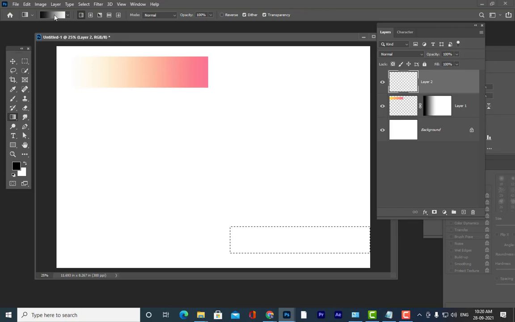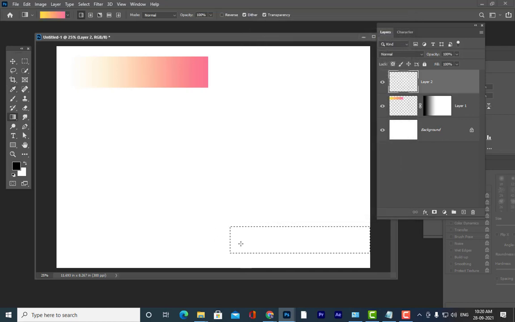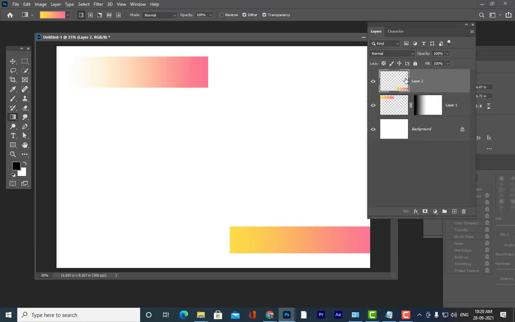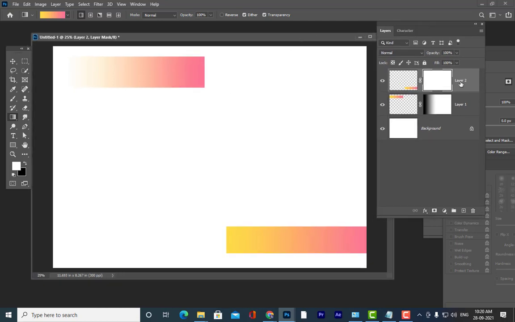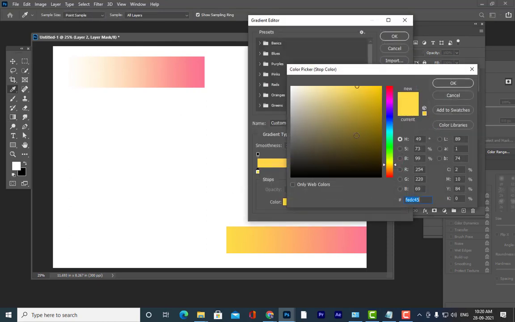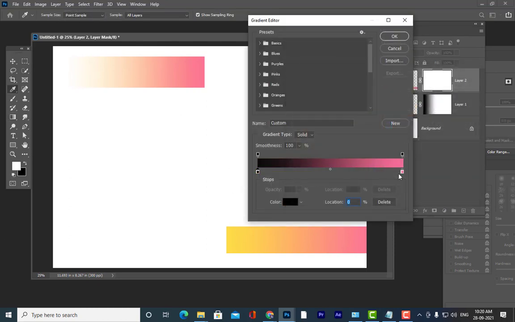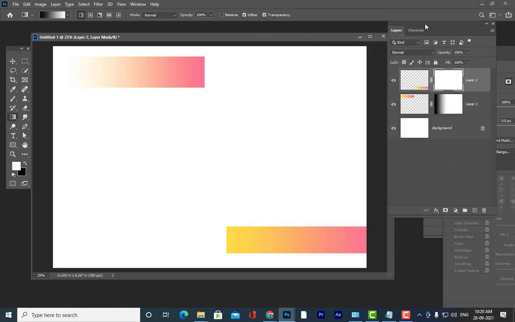And then what am I going to do? I'm going to create again a gradient here. So a linear gradient I have created, and then I'm going to apply a mask to this. And then what else will I be doing? I will be using again a black and white gradient. So all of you, is it clear? Are you able to understand what I'm doing?